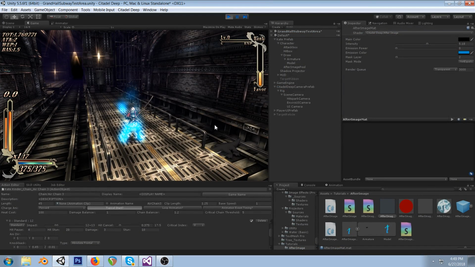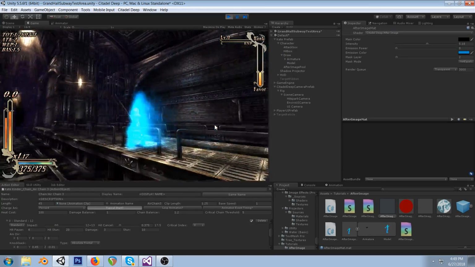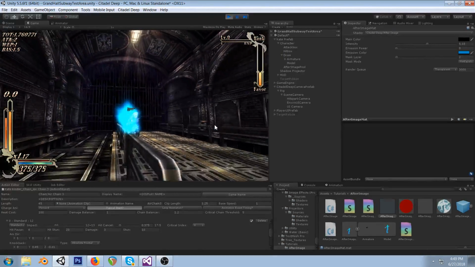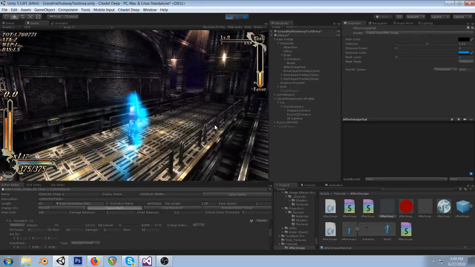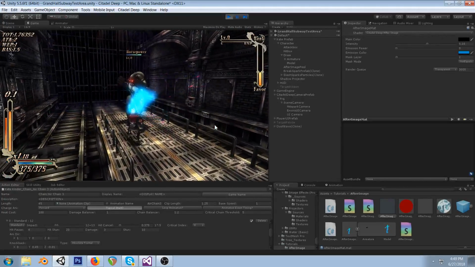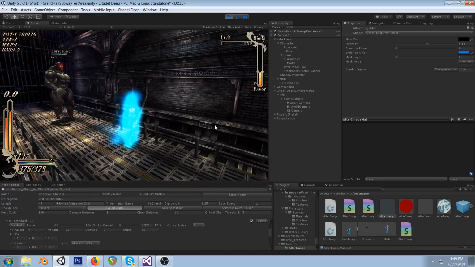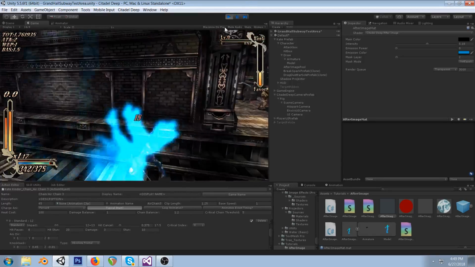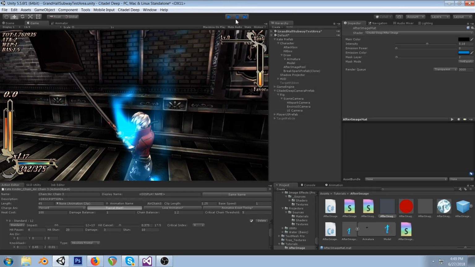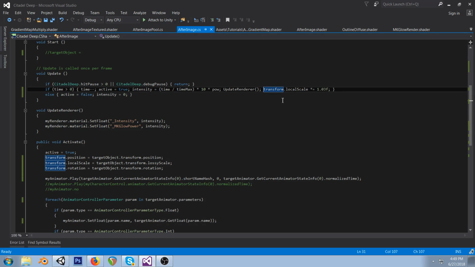Anyway, the glow's hard to deal with. It's getting cut off in weird points, and other times it's not. But you can see how that can be pretty cool, especially if you could really get that mask working in the stencil. You'd have this real smoky sort of aura coming out. So that's pretty neat. So all we did here was do the local scale